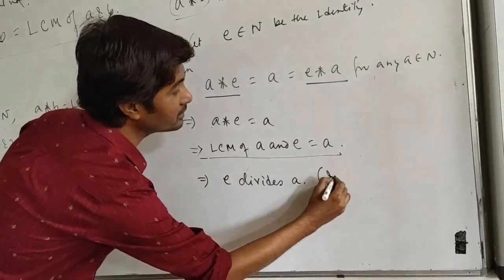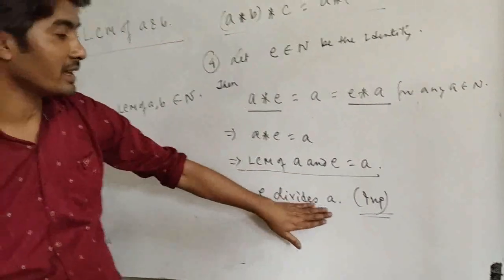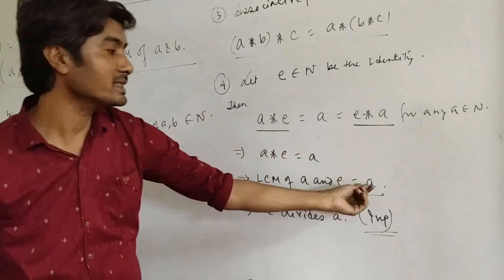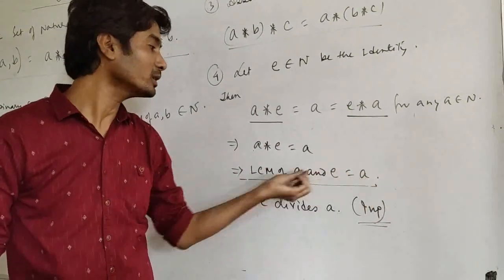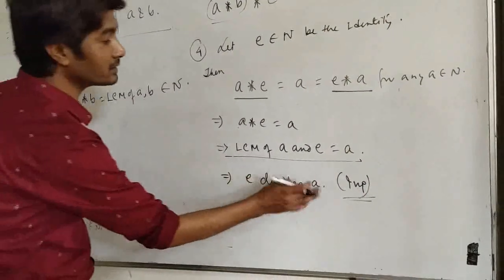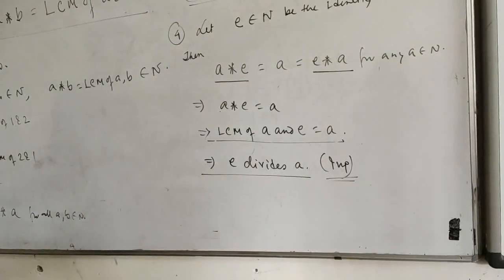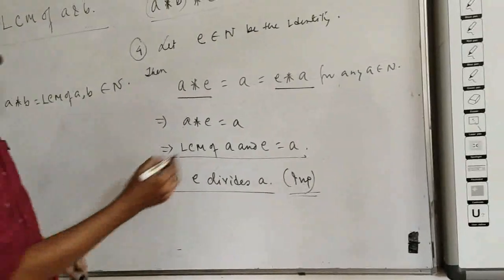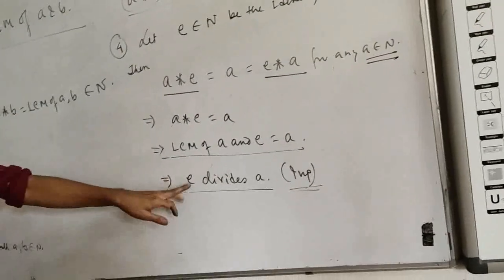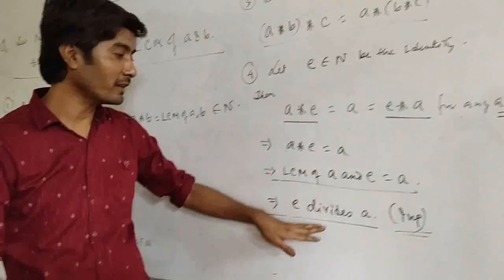This part is important. Why does E divide A? Because A is the LCM, that is, A is a multiple of both A and E. Therefore, E divides A. Right? E divides A, and this is true for any natural number A. You remember that E is a fixed natural number, and that fixed natural number divides all